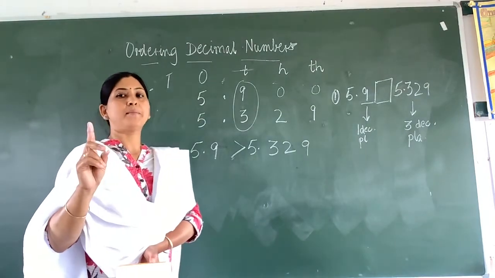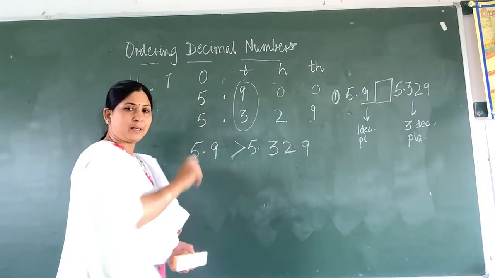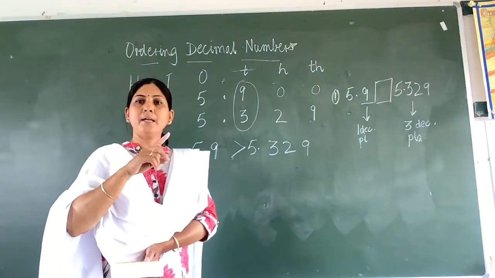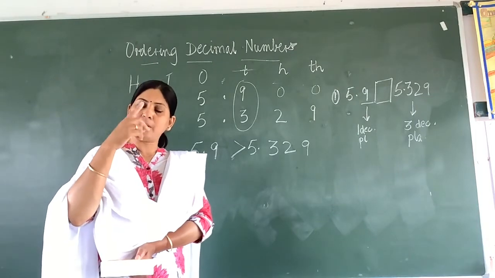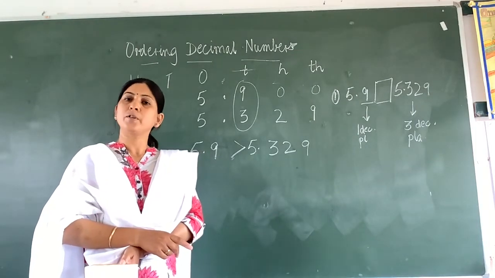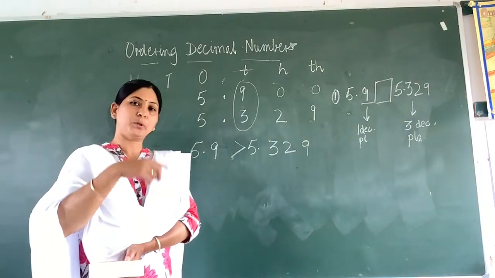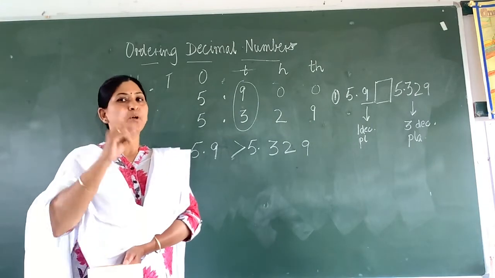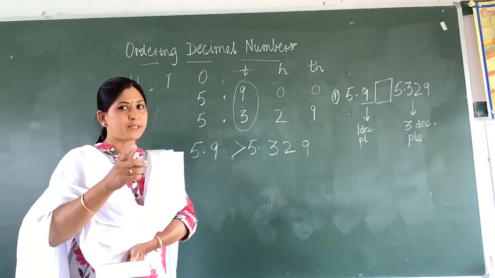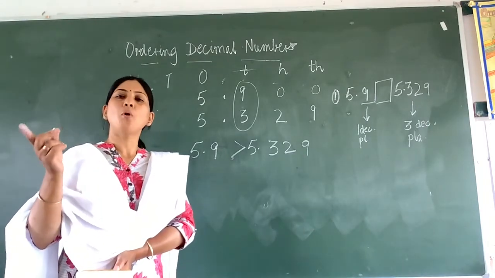So you see, what do we do to compare numbers? First we change them into like decimals. Then we write the numbers under the place value chart, and then we can easily compare the whole number part. If we find a difference in the whole number part, we can know which number is greater. If there is no difference in the whole number part, meaning both whole numbers are the same, then we move on to the tenths digits and see if any difference is there. If no difference is there also, then we move on to the digit in the hundredths place, and so on.